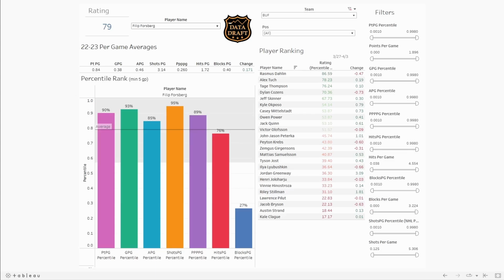I believe Dahlin has tailed off a bit over the past 3 weeks or so in terms of his offensive production. He's had a couple of assists, 4 assists in his last 6 games, so nothing crazy there. Owen Power's been getting an elevated role. They want to see what they have in Buffalo at some point. Obviously, Devin Levi making his start, so they're starting to get a sense of what they can potentially get for